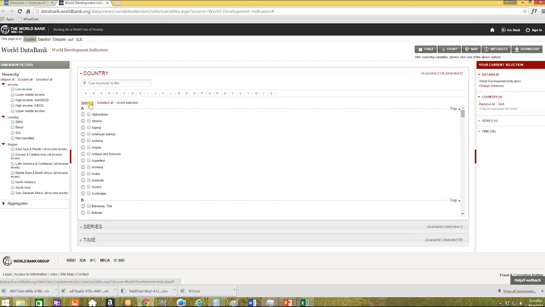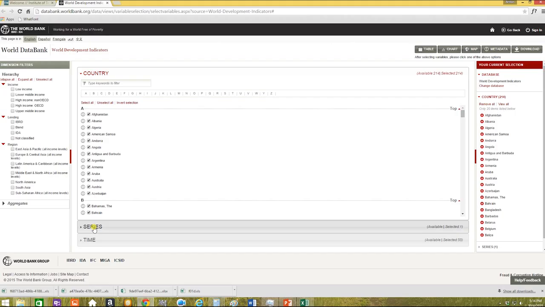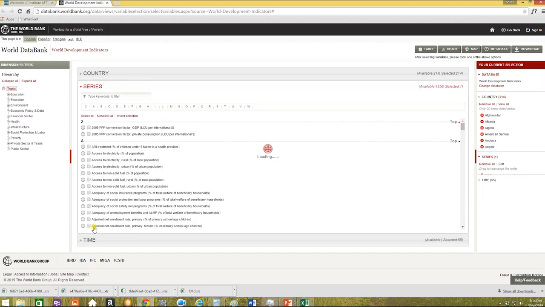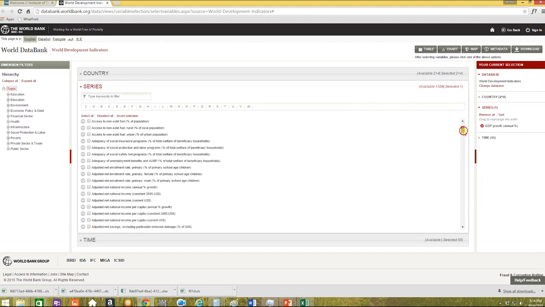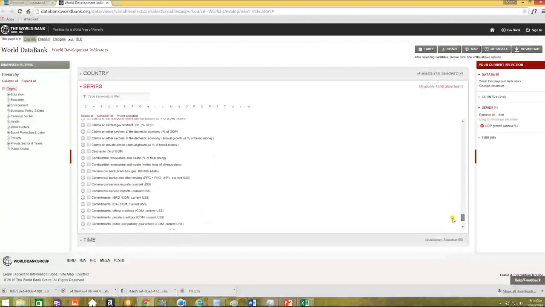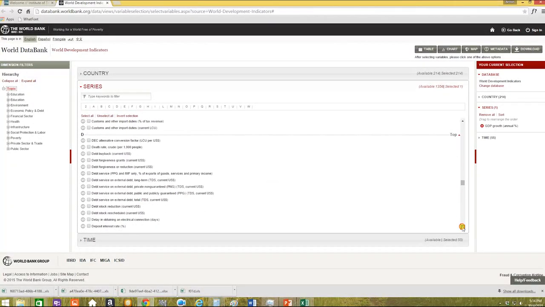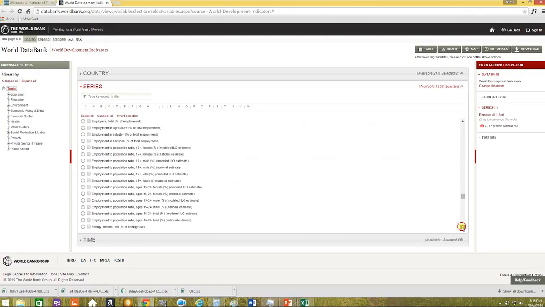What you have to do is select all, or if you're focusing on one particular country, just select that country, go into the data series, and if you scroll down, we're looking for G for GDP,